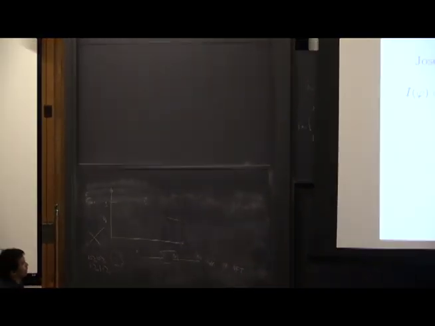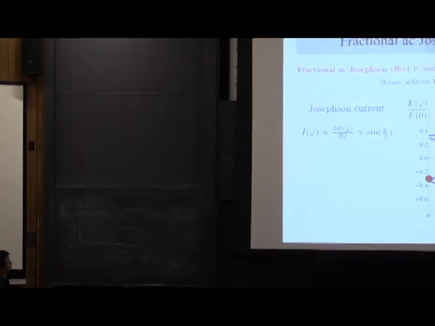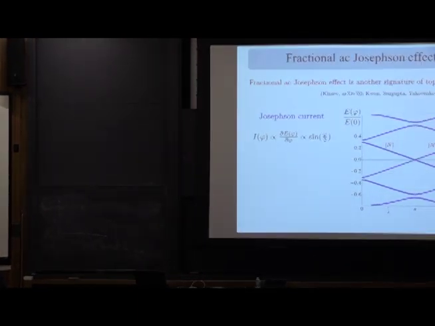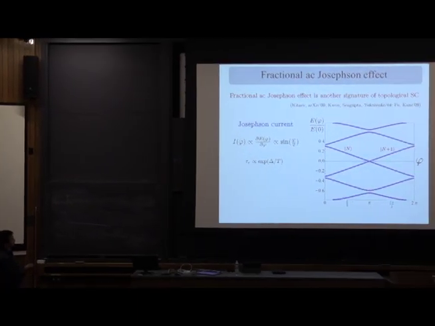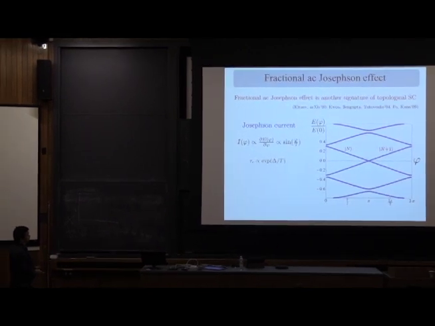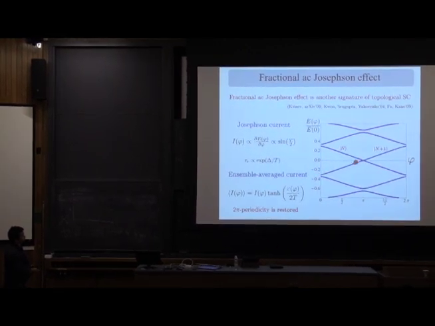Okay, but if you do have some processes for some reason that mix fermion parity, then rather than going up like I was showing at some time scale tau r, which is relaxation, what will happen is that there is some process which will relax down to the ground state. So in that case, the thermodynamically averaged supercurrent will be 2 pi periodic. So there are no signatures in terms of the thermodynamic current, but there are signatures when one measures AC current.